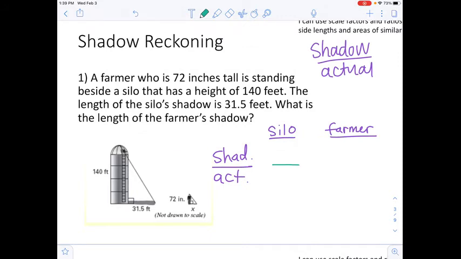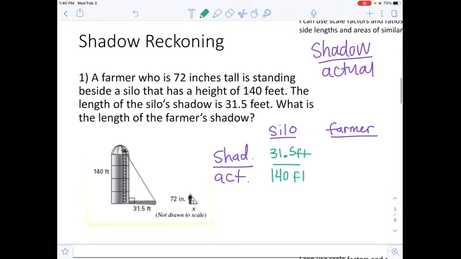So my silo's shadow, it says the length of the silo shadow is 31.5 feet. The actual silo has a height of 140 feet. And I'm going to set that equal to